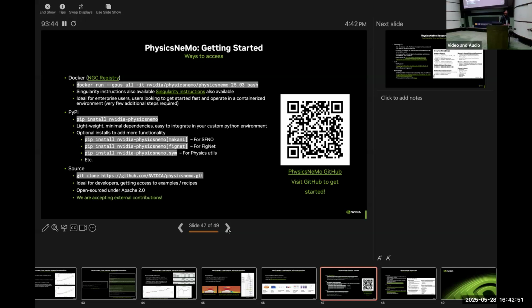My question is also related to the physics loss. You have also a data loss, right? So if your data comes from numerical simulation, aren't you over constraining the problem because your data has a knowledge of physics already, and you add a physics loss? So is that not too much?